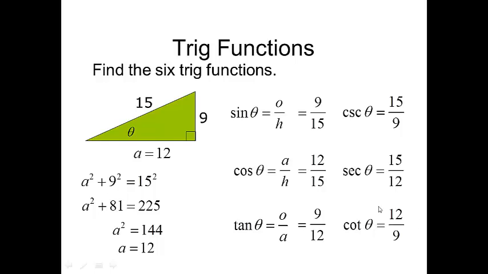Now really all of these should be reduced by 3. I didn't reduce them here because I didn't want to confuse you and have 3 over 5 and you're going to go, oh, where did the 3 over 5 come from? Well, it's 9 over 15, which should have been reduced to 3 over 5, 5 over 3, 4 over 5, 5 over 4, and 3 over 4 and 4 over 3. Okay. All right. Next,